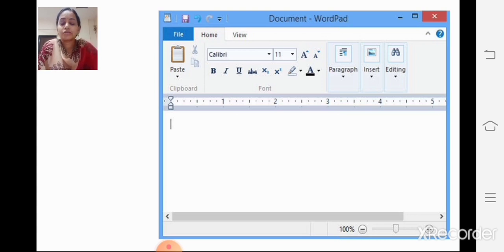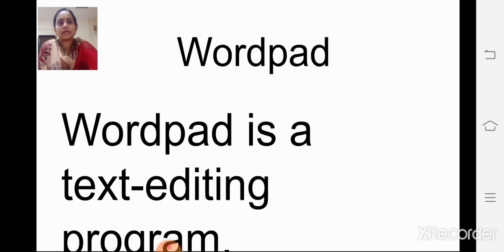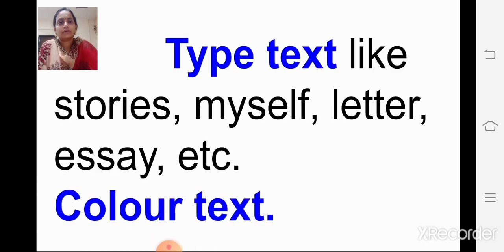Okay, so now first we will see how to open WordPad. How to open WordPad. Now children, see the text like stories, myself, letter, essay, etc. You can color text.